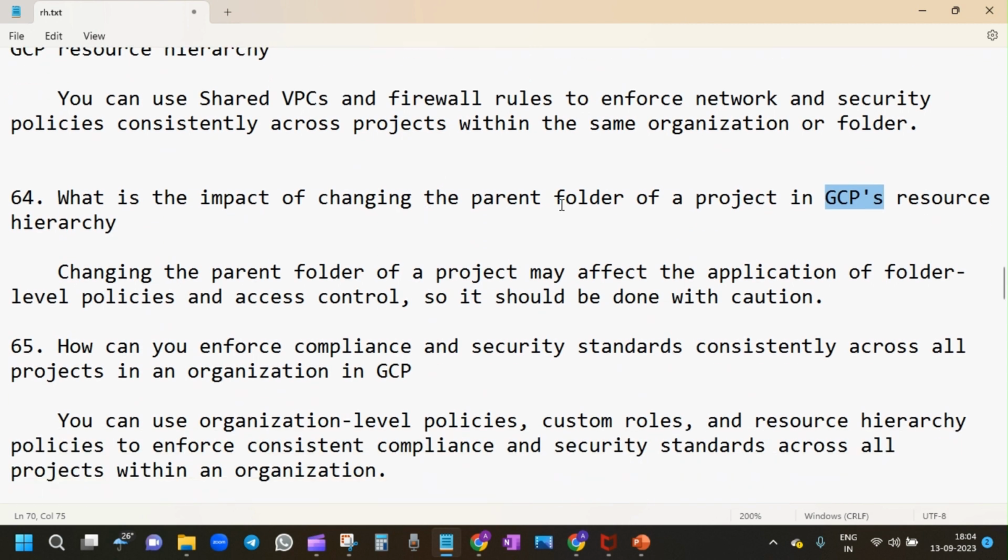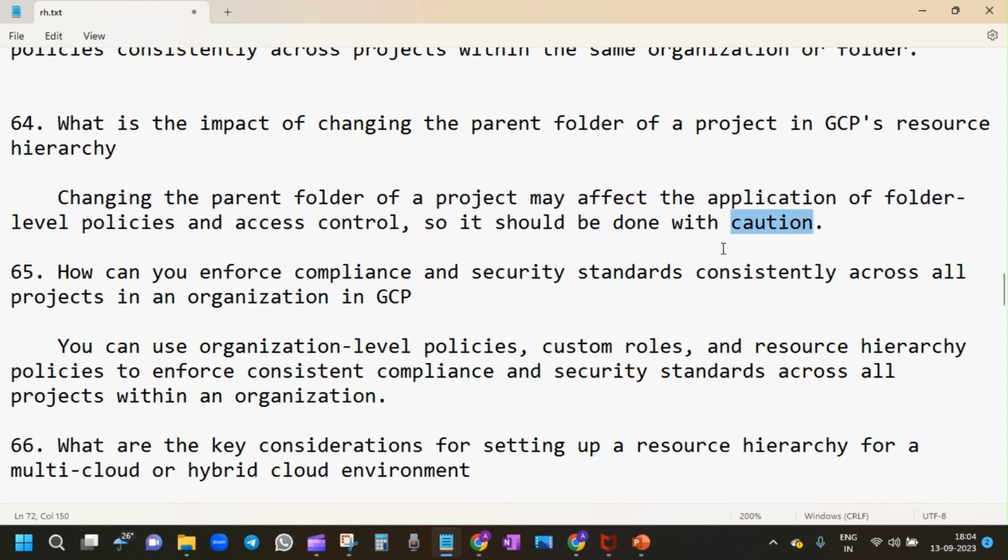So if I change the parent folder, what will happen? Changing the parent folder of a project may affect the application of folder level policies and access control. So it should be done with caution. Next,